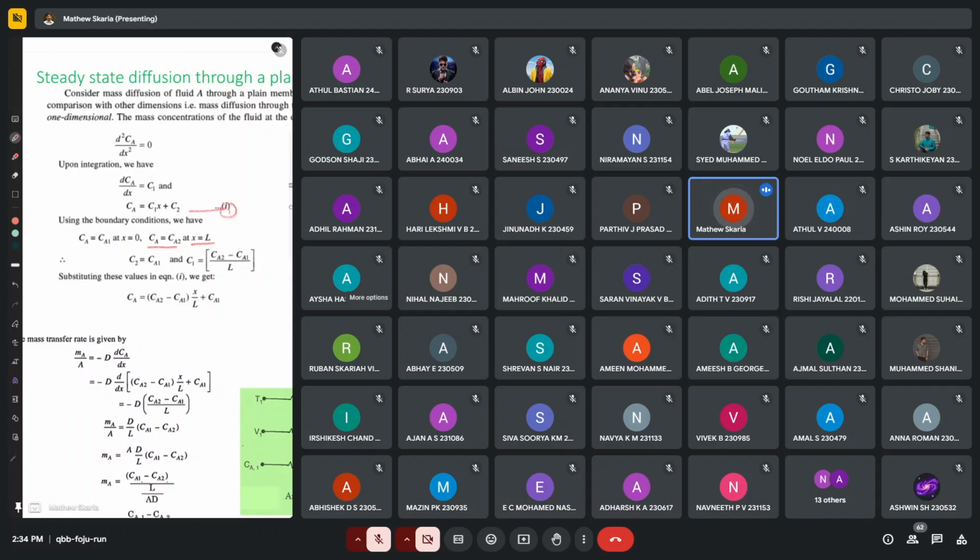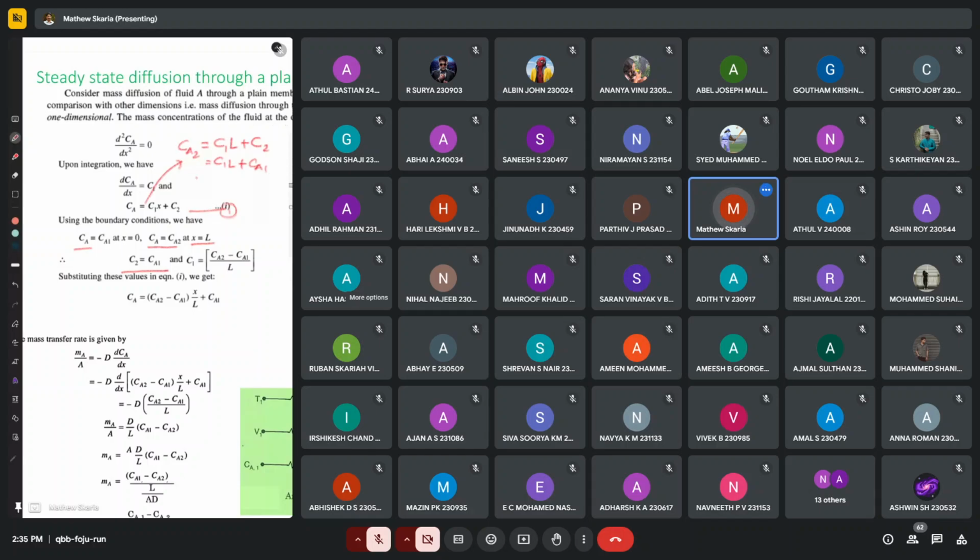At x equal to L, Ca2 is equal to, ഈ എക്സ്പ്രഷൻ ആണ് സബ്സ്റ്റിറ്റ്യൂട്ട് ചെയ്യുന്നത്. Ca2 is equal to C1L plus C2. Again, C2ന്റെ വാല്യൂ നമ്മൾ ഓൾറെഡി കണ്ടുവച്ചിട്ടുണ്ട്. C2ന്റെ വാല്യൂ Ca1 അറിയാം. ഓക്കെ, സോ അതുകൊണ്ട് C1L പ്ലസ് C2 എന്ന് വെച്ച് കഴിഞ്ഞാൽ Ca1